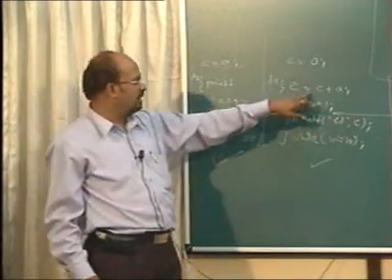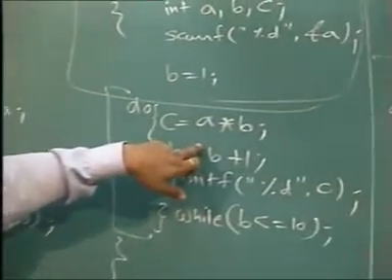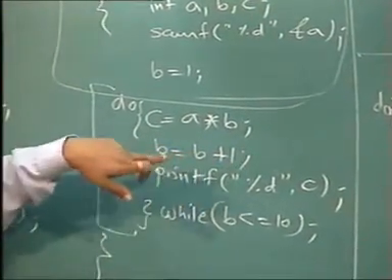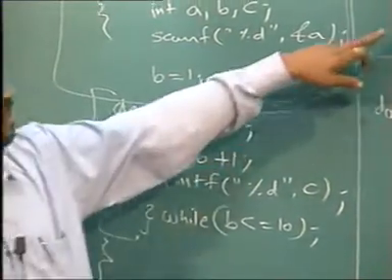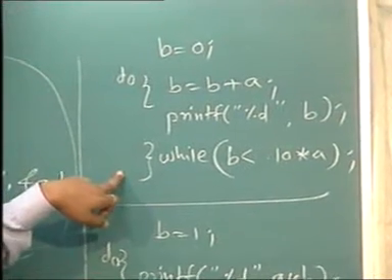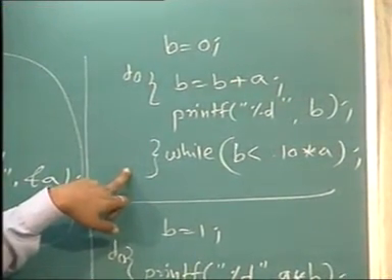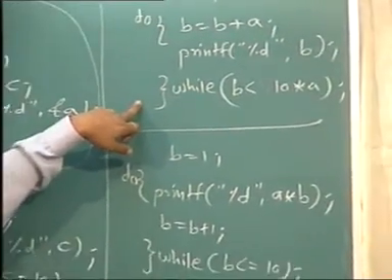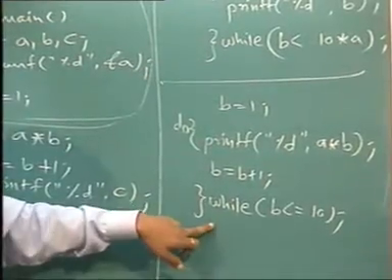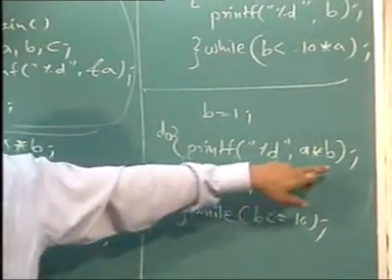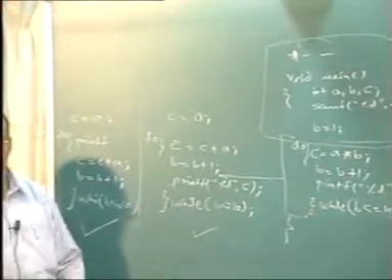Okay, where C takes the responsibility of having the value. Here C takes the responsibility of value, but B is also a multiplier as well as a counter. Okay. Here B picks up the responsibility of storing the value, and there is no counter, but then the value of B is checked to stop, which is going to be maximum 10 times A. Here B is still a counter as well as multiplier, but we are not storing that multiplication. We are straight away printing it.